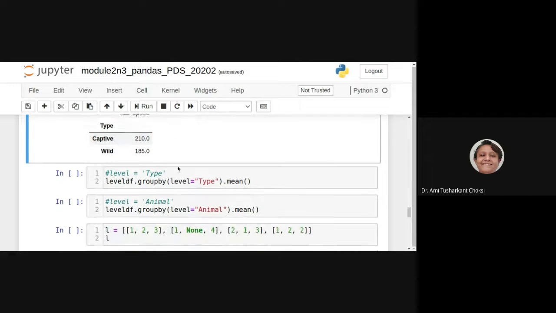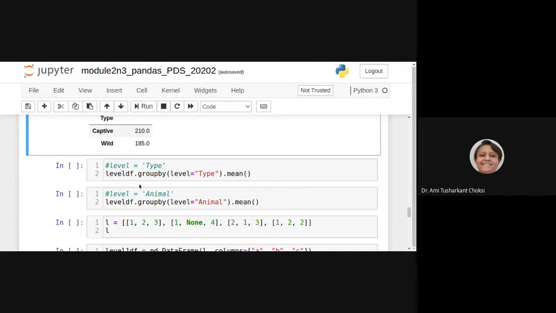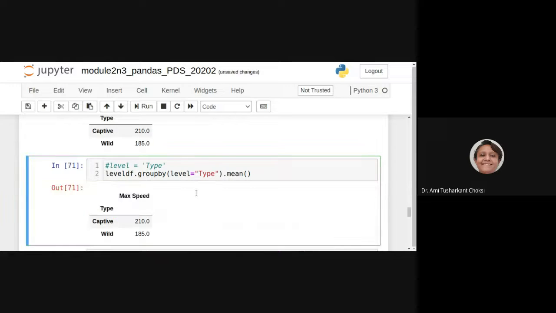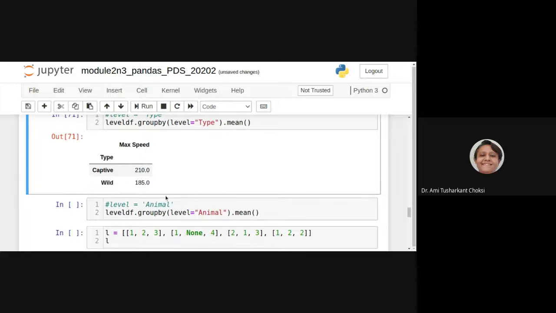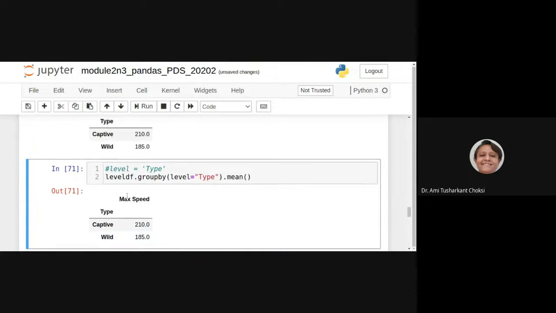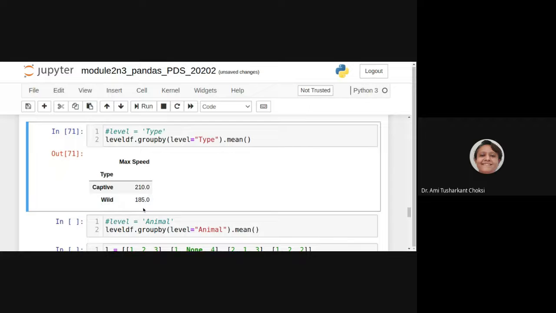And same for the wild. We can say level df.groupby, that is level equal to type. We already gave 0 and 1. Now we are giving it as the type, that is the column name for the index, whatever we specified, right? So that also we can specify here. So for captive and wild, that only we are getting here.